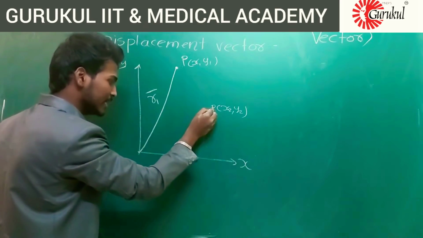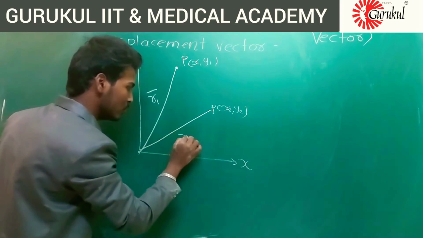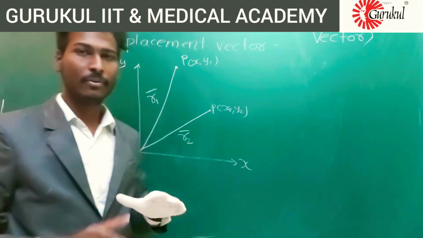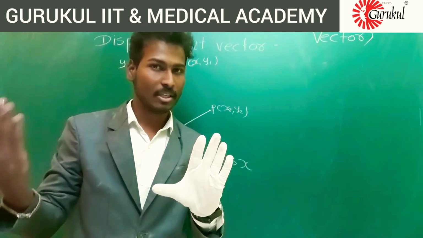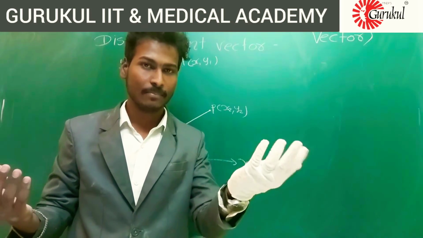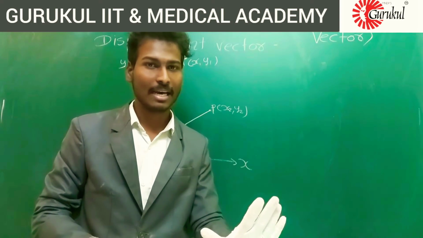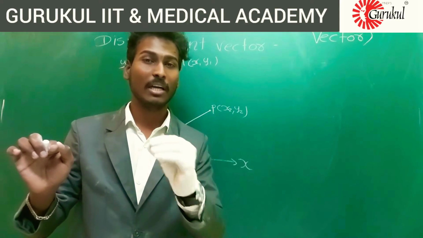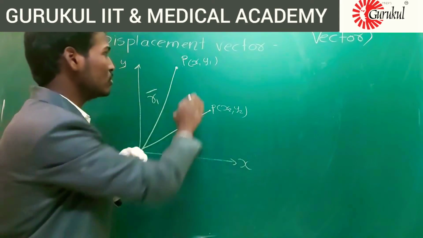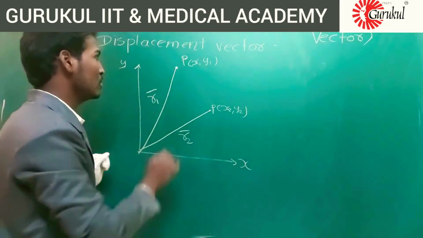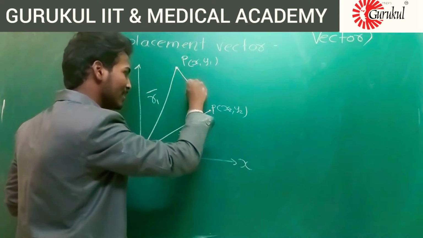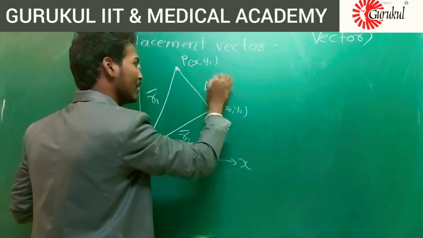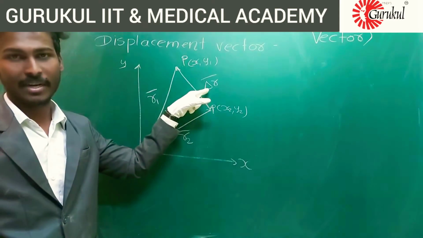So the new position vector will be r2 bar, definitely, because I have told you that if you don't change a point and you change the Cartesian plane, the position vector will change. Similarly, if you don't change the Cartesian plane but change the position, the new position vector will not equal the initial one, because the coordinates change. So displacement is nothing but this value. So del r bar is the displacement vector.